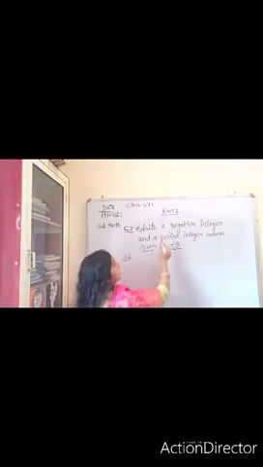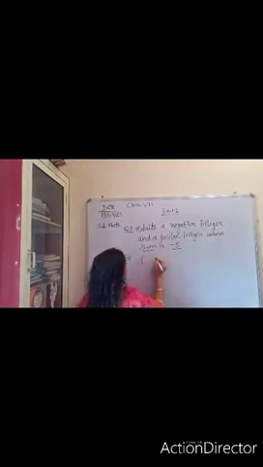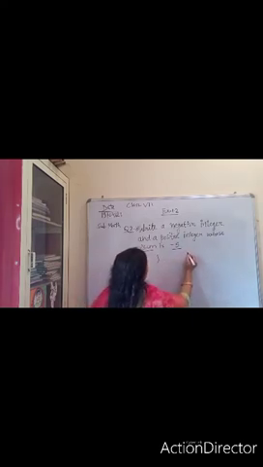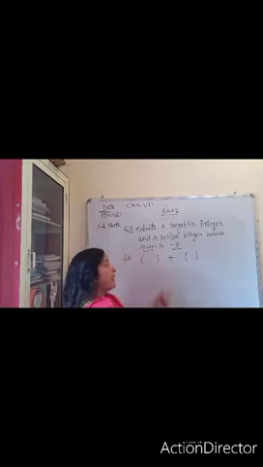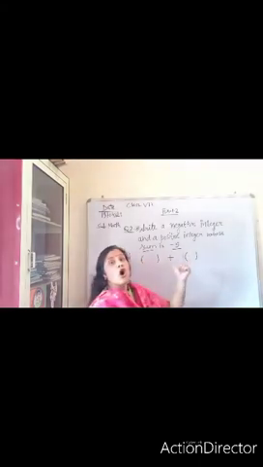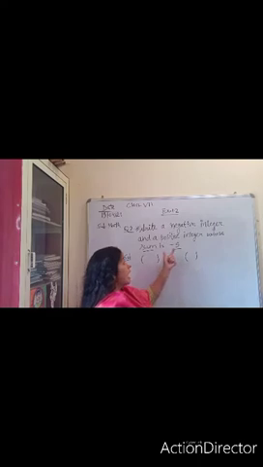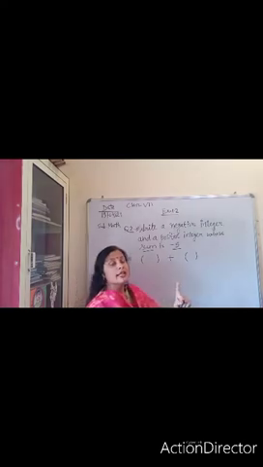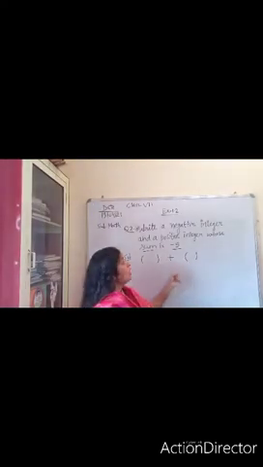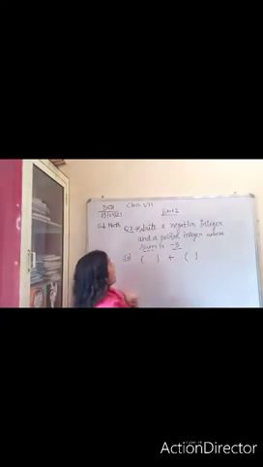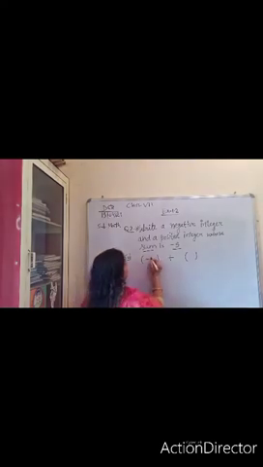Let's do the process. Here it is written, one should be a negative integer, another should be a positive integer, and we are going to find the sum. But we will choose negative or positive integers as per the answer. Here it is written -5. It means the larger integer contains the negative sign. The larger or greater integer between these two should be negative. Okay, so I am going to write here -8.